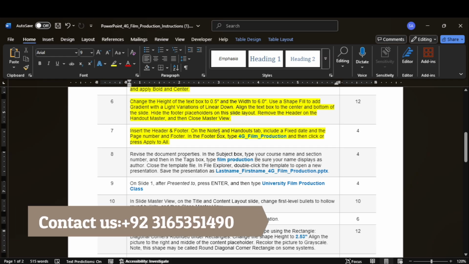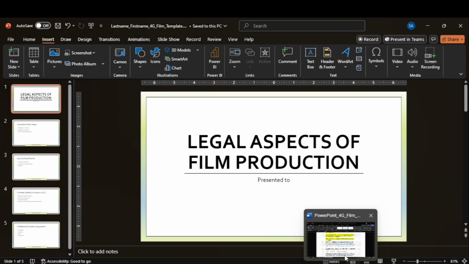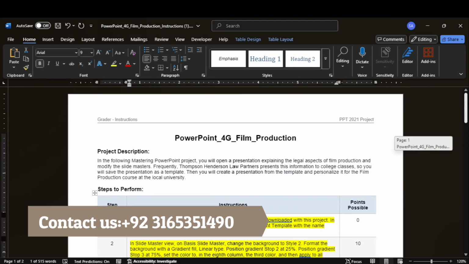Insert the header and footer on the notes: fixed date and the page number. So we will